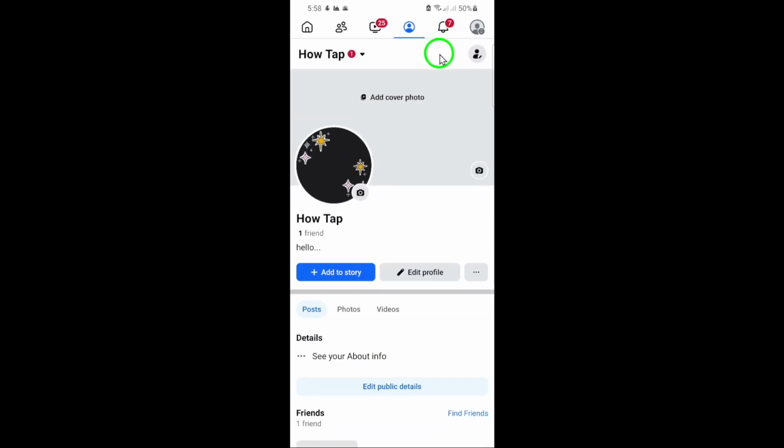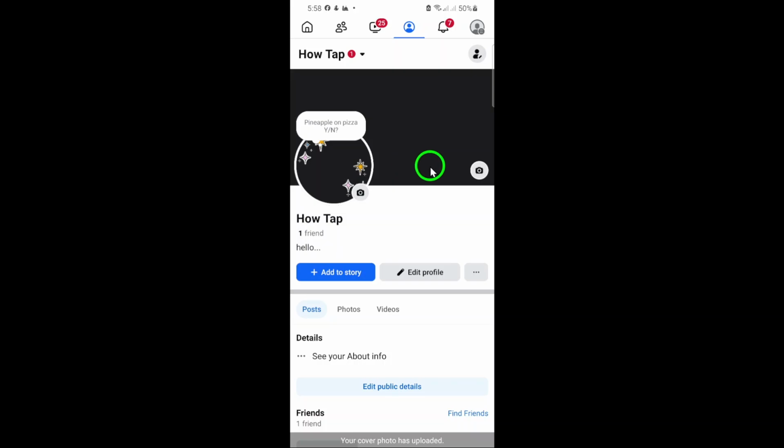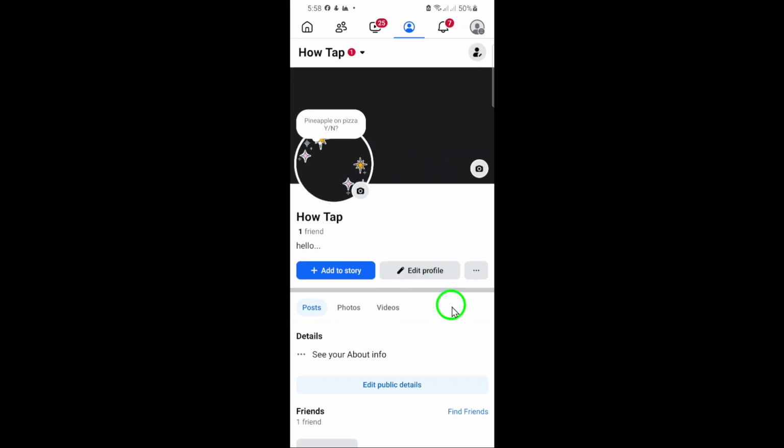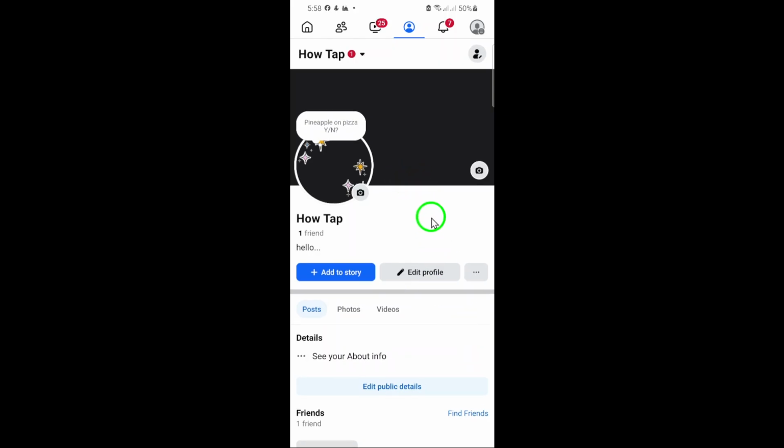If the Share option wasn't available, your new cover photo will be posted to your timeline. To remove it, scroll down to the post, click the three dots at the top right corner, and select Hide from Profile. This will remove the post from your timeline, ensuring that only visitors to your profile will see the